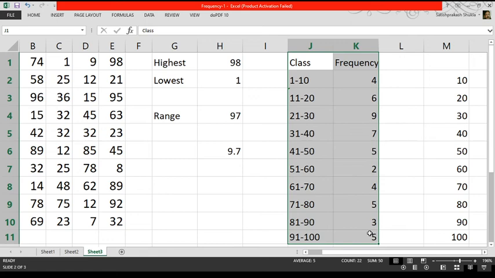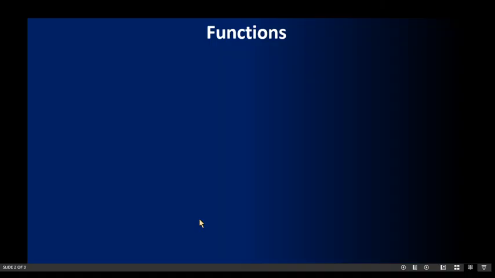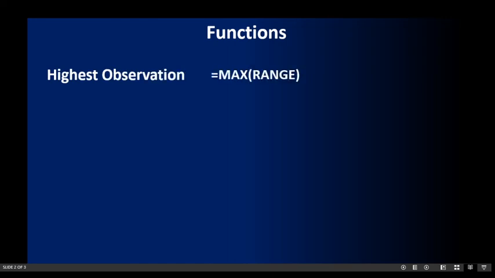Before concluding, I will remind you of the functions we have used. First is equal to max and range, which is used for finding the highest observation.